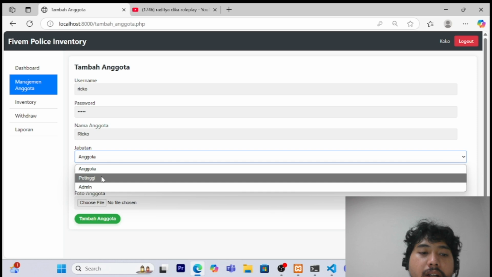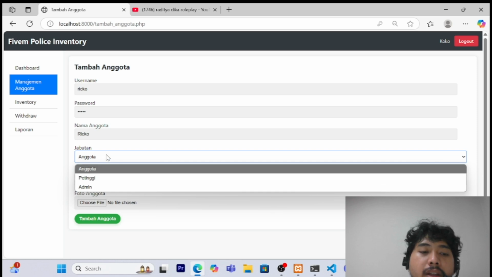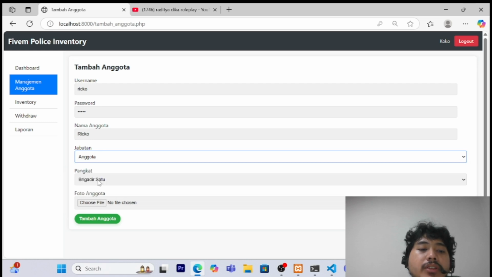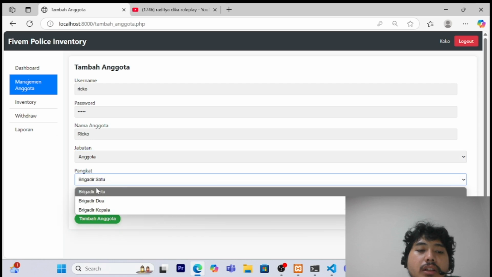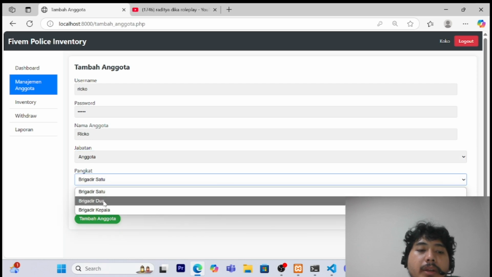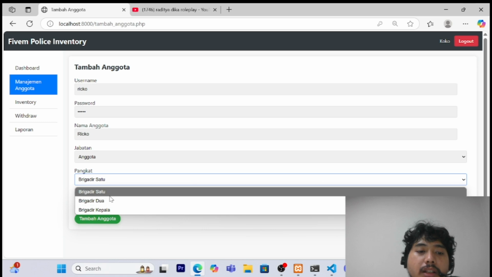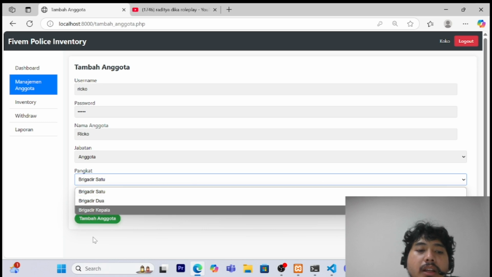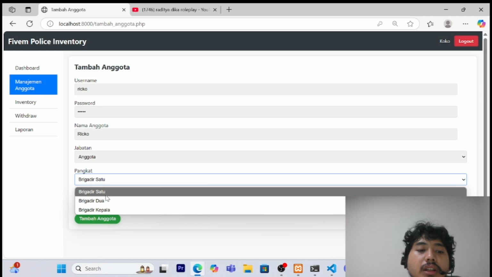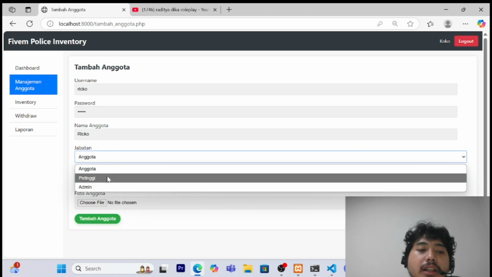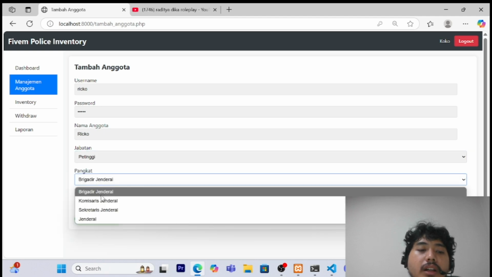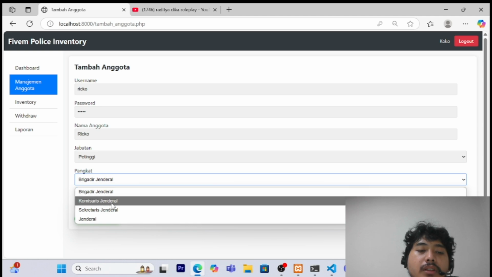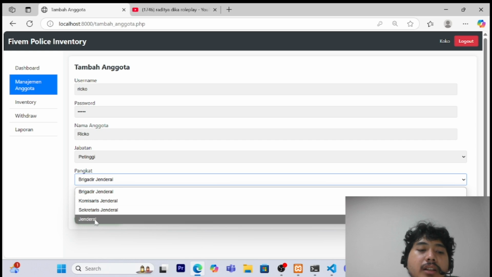Oh no, I mean the roles, guys, the three roles of user authorization. So if we choose anggota, the rank will show only the anggota section, such as brigadir, brigadir 2, brigadir kepala, and any others. And if we choose petinggi, or a leader, it will show the ranks of the leader, like brigadier general, commissioner general, secretary, and the general itself.